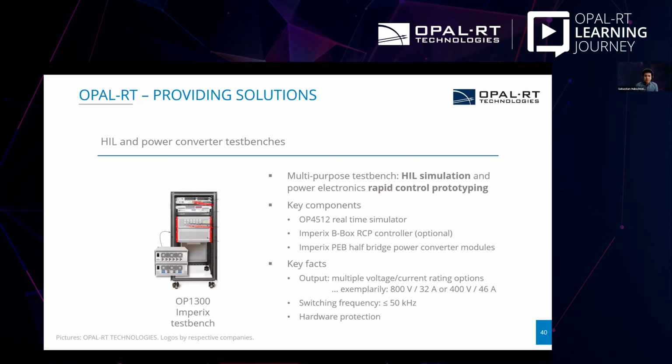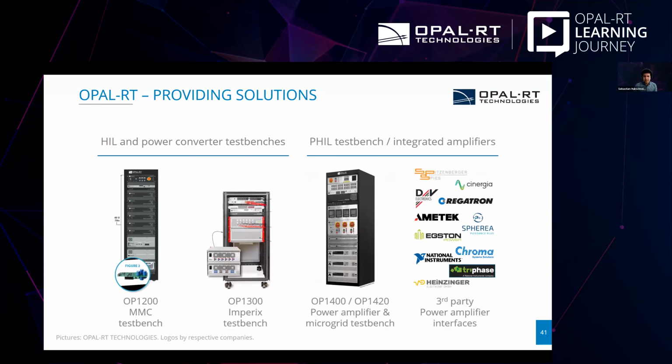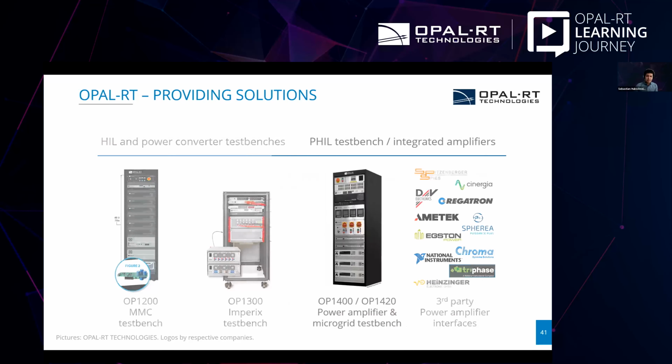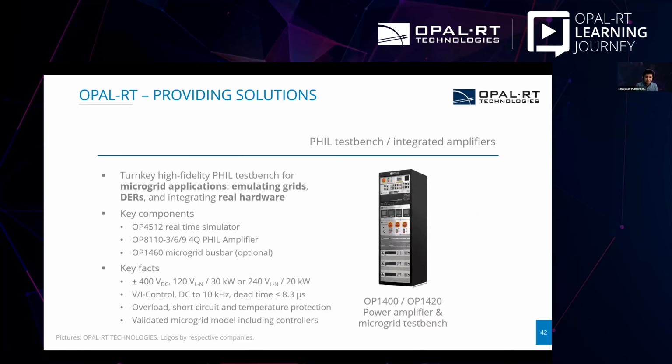Now, besides those power converter test benches, I also want to present the OPAL-RT power amplifier and microgrid test bench, as well as our solutions integrating third-party amplifiers. So again, let's start with the first one, the OP-1400, respectively OP-1420. It is a turnkey and high-fidelity PHIL test bench with an in-house built four-quadrant switching amplifier of OPAL-RT, and